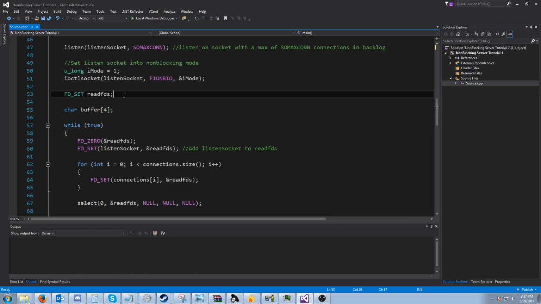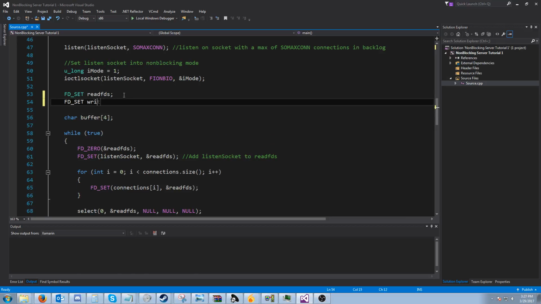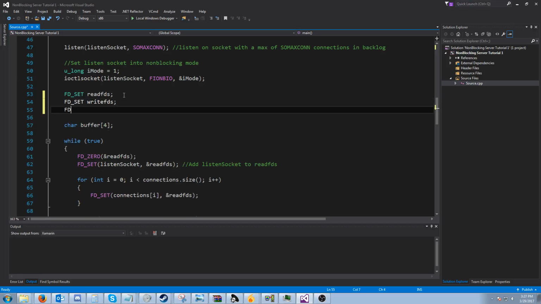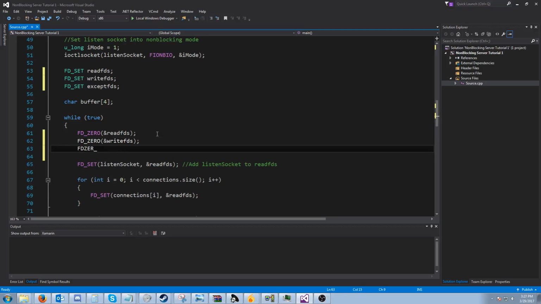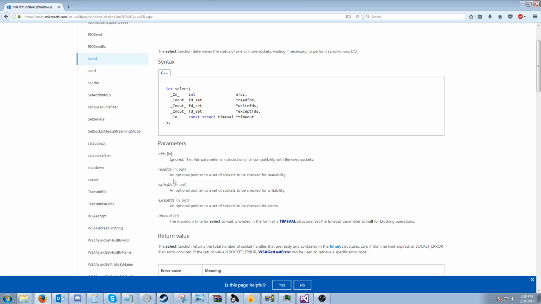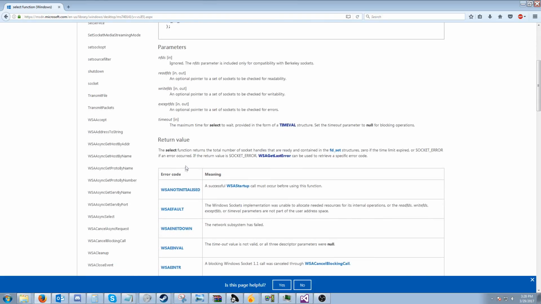So before we do anything, let's go ahead and add our write FD set and our exception FD set. And the first thing we want to do is zero these out. And let's go ahead and look at the select documentation on MSDN. So if we scroll down,